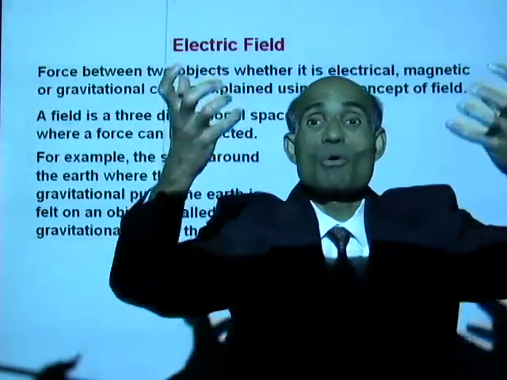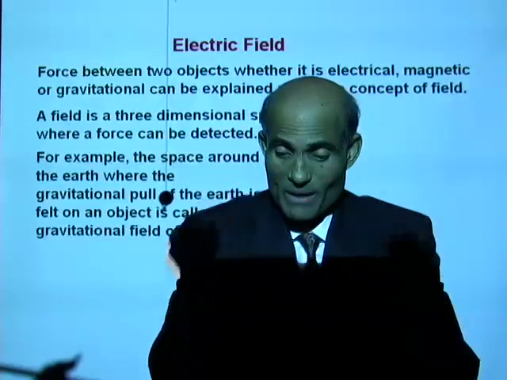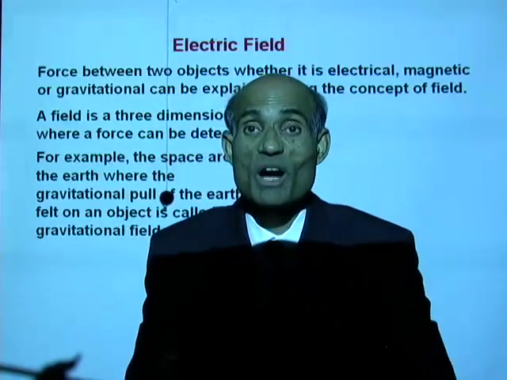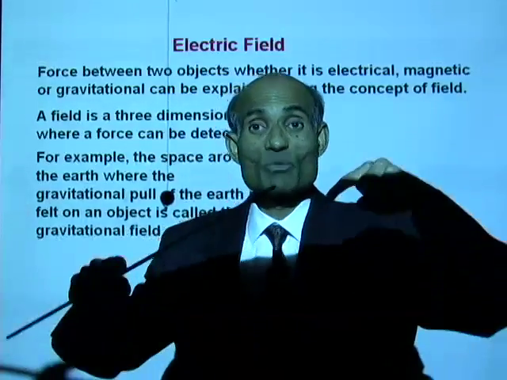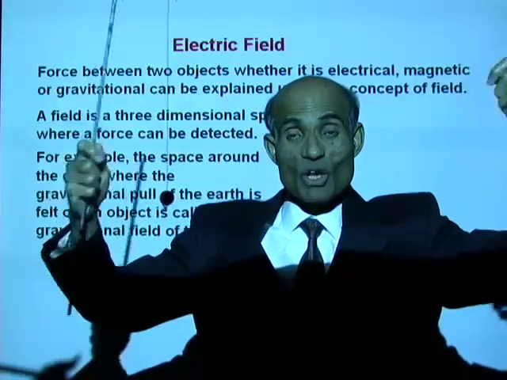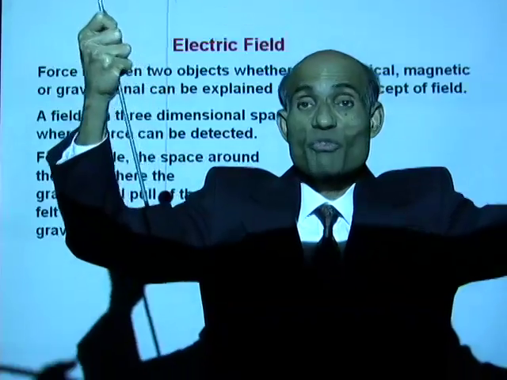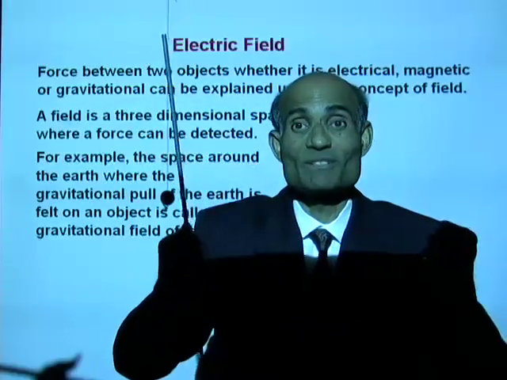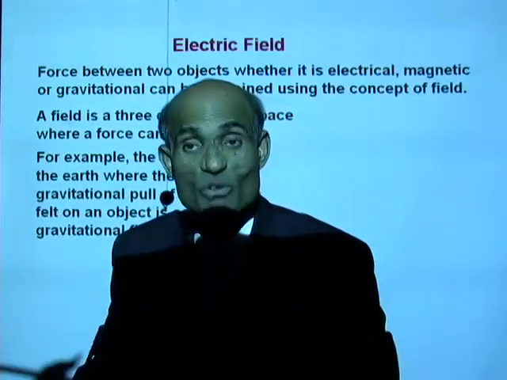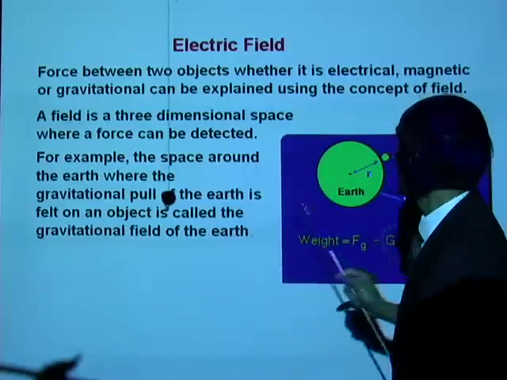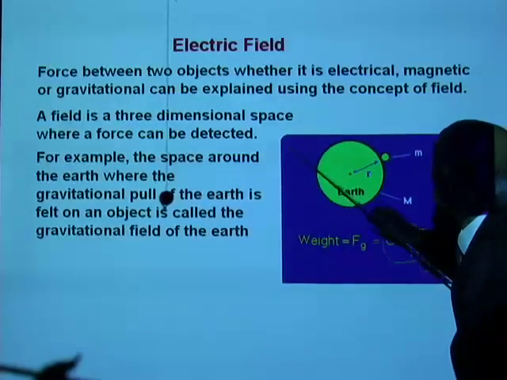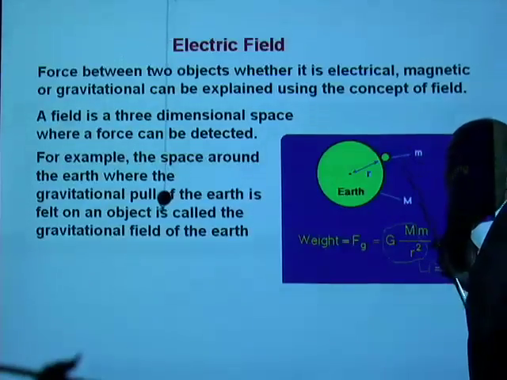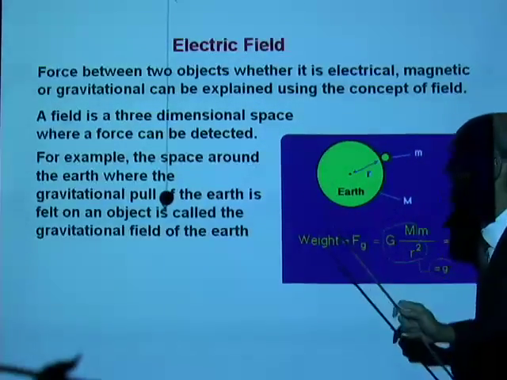Anything that is thrown up comes back because the objects are in the gravitational field of the Earth. The region around the Earth where it will exert force on other objects is called the gravitational field of the Earth. Here I have the Earth, and anything that is placed around it will be pulled towards the Earth because